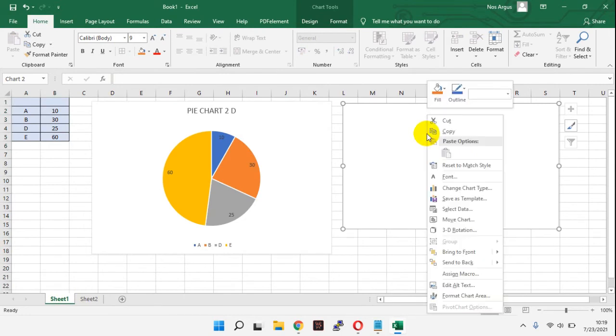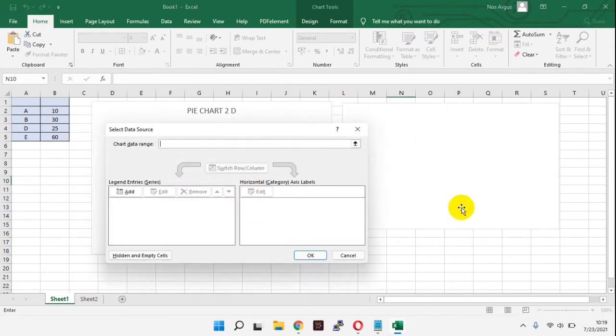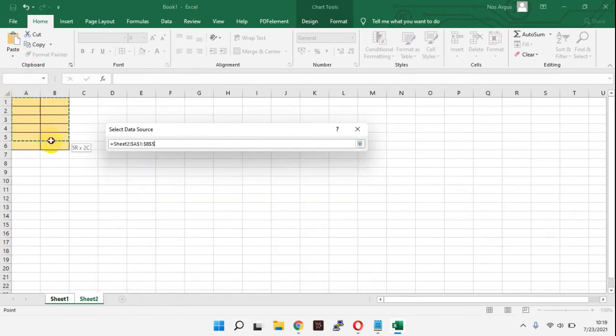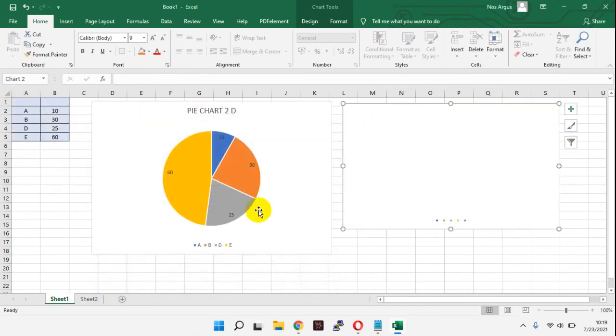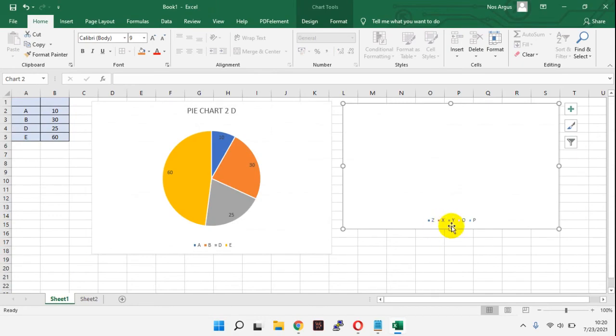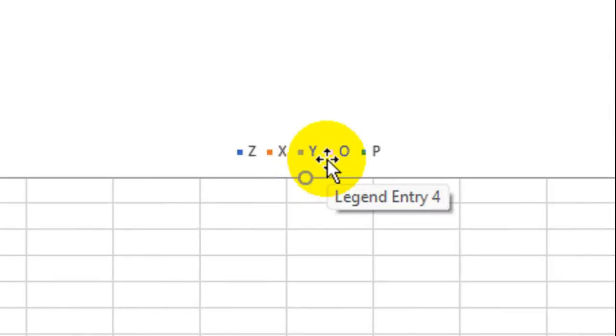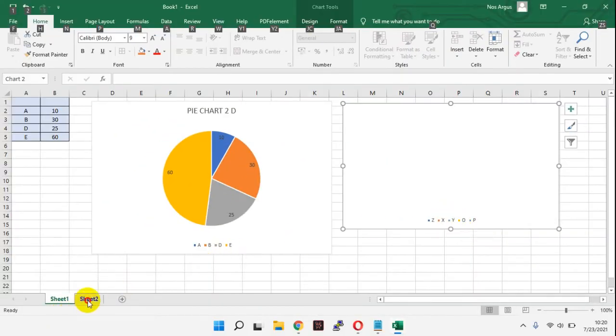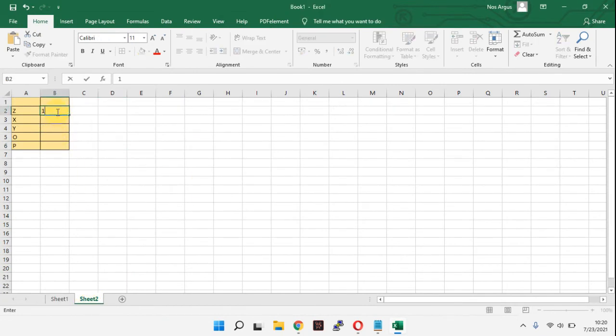And then click your pie chart and choose Select Data. Then move into your other sheet like this, and then click OK. Then you can fill in some data in here. For example, like this, and you can see it appears on the pie chart in Sheet 1, and the values are, for example,